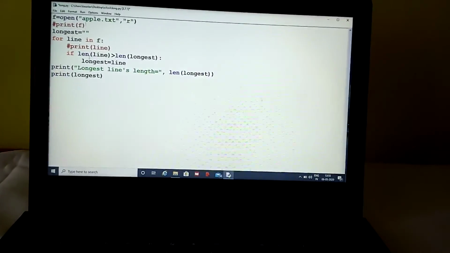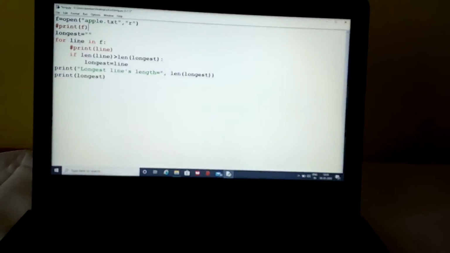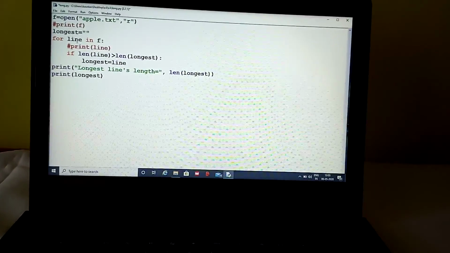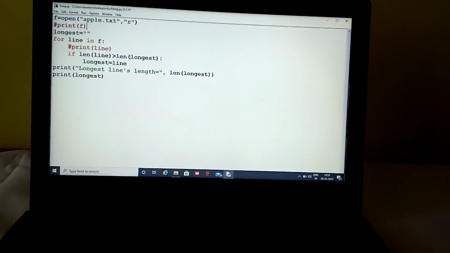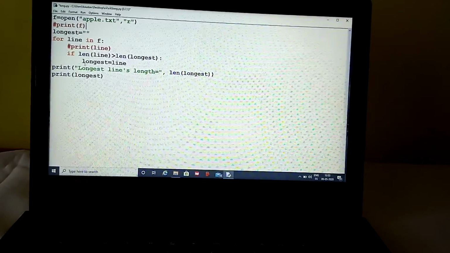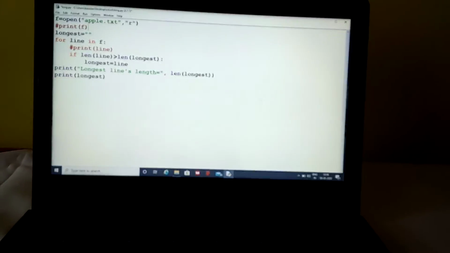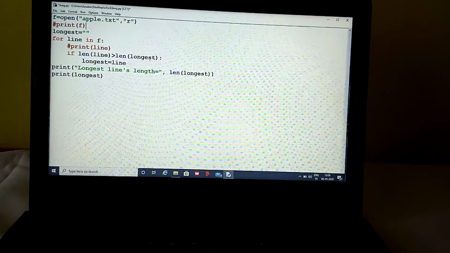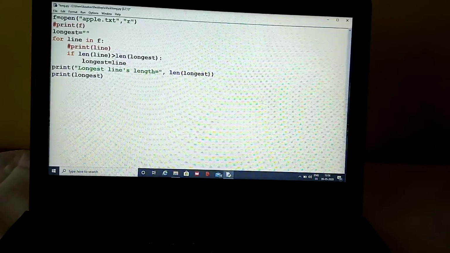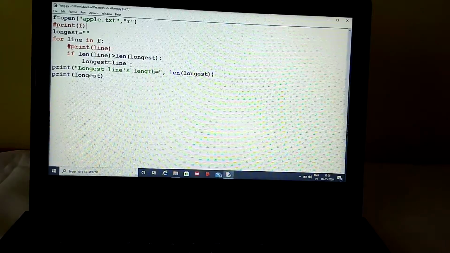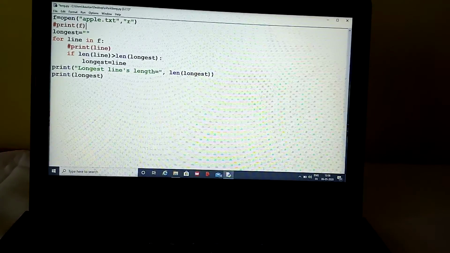Now in the line variable, the second line has come. The first line is already done. If the second line is greater than the first line, then obviously, since the first line was stored in longest, the value of longest will be changed and the second line will be stored there.